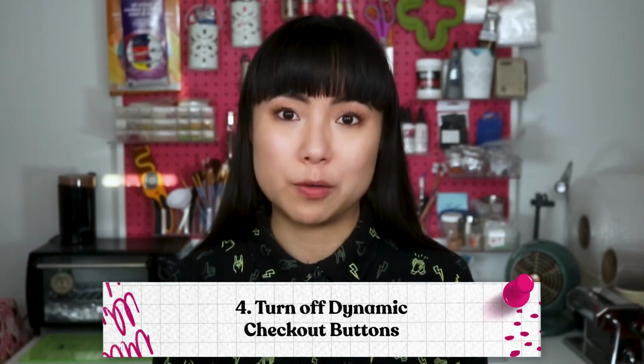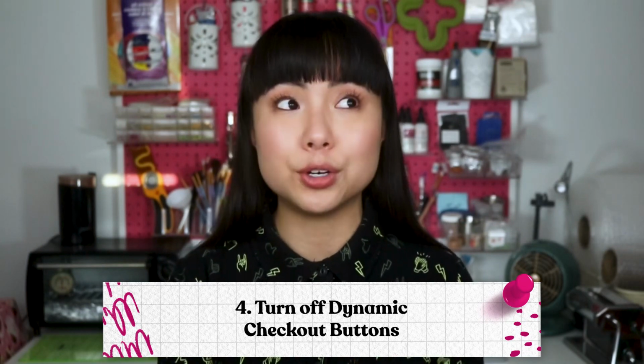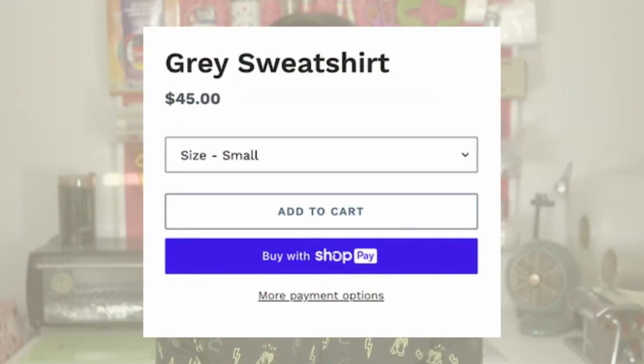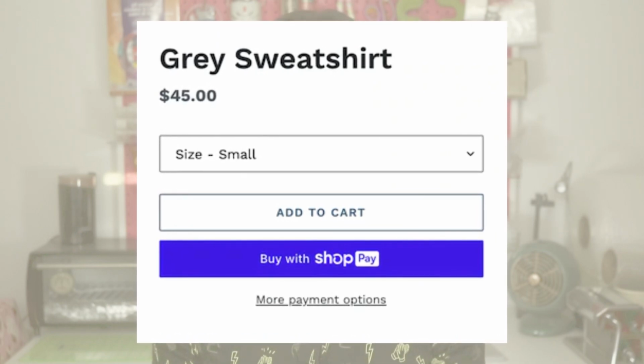Next, mistake number 4. I see this with virtually every new Shopify store because I review a lot of them from all the emails we get, and some of them are for our Assail Day students' websites too. Many newer Shopify themes make it a default setting to use dynamic checkout buttons. In theory, it sounds really cool. Shopify checks every visitor to see if they've got Amazon, Apple Pay, Google Pay, and so on. And depending on what that visitor has, Shopify will dynamically show an additional payment method as a button on your product listing pages. Unfortunately, this button is super attention grabbing, very distracting, which is normally a good thing, but this is bad